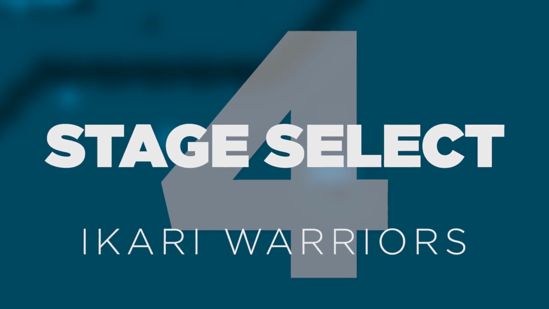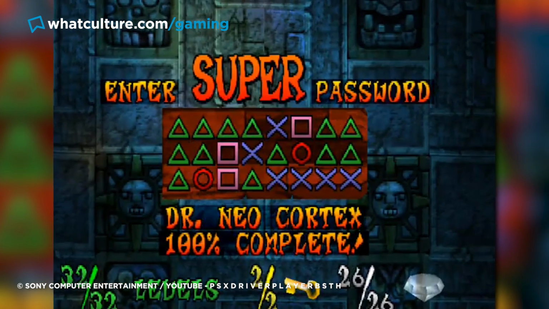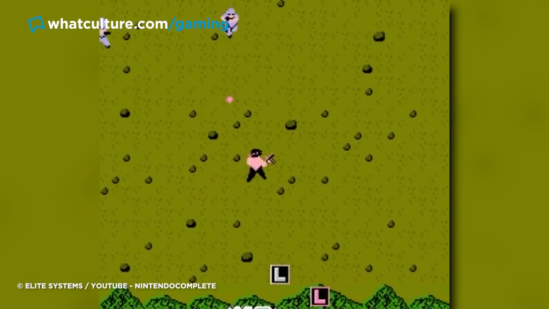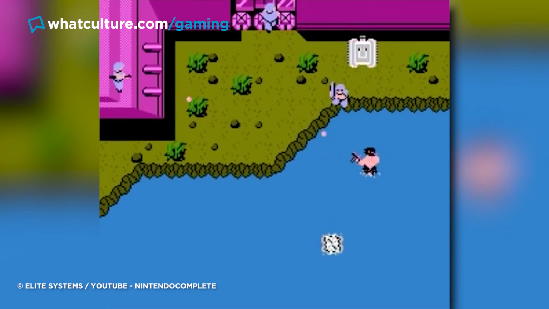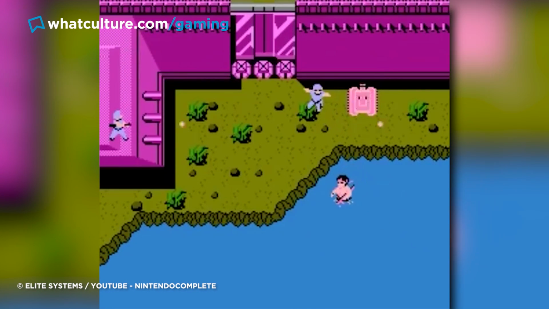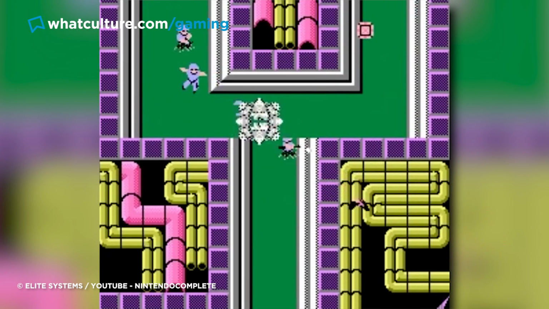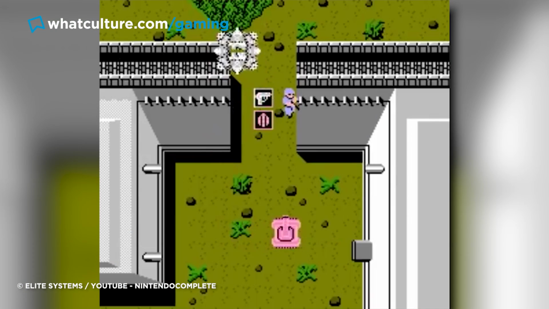Number 4. Stage Select, Ikari Warriors. If Crash Bandicoot put players through the ringer in order to earn their cheat, a legendary arcade shooter, Ikari Warriors, showed active contempt for anyone who dared need a cheat code in order to play the game. Though players could continue after losing all of their lives by simply inputting A, B, B, A on their NES controller, those who wanted to access the Stage Select menu and potentially skip entire levels altogether had a far tougher